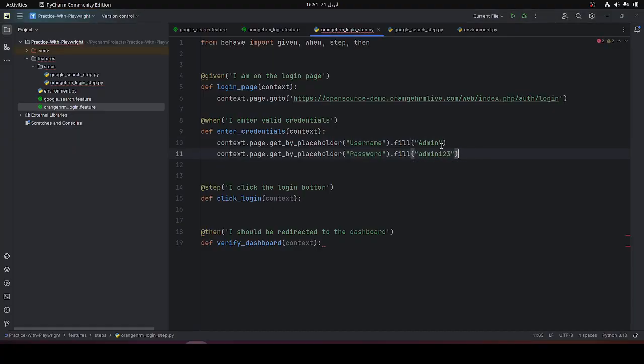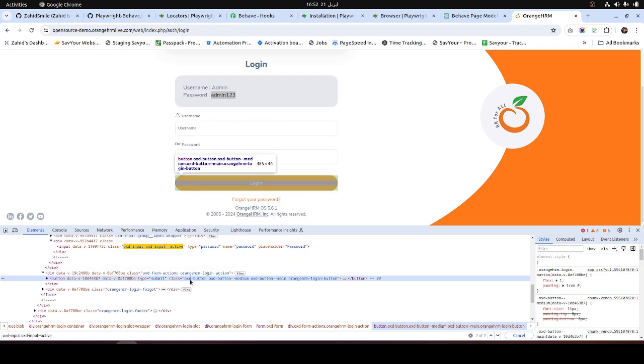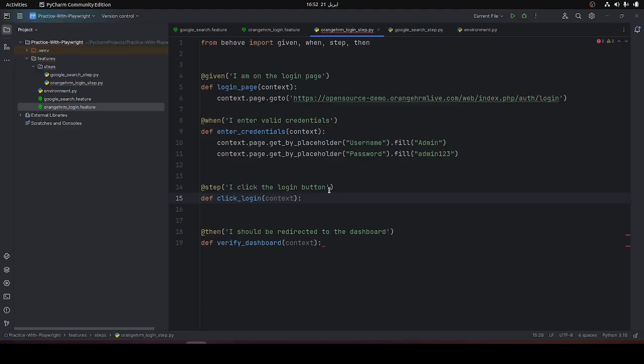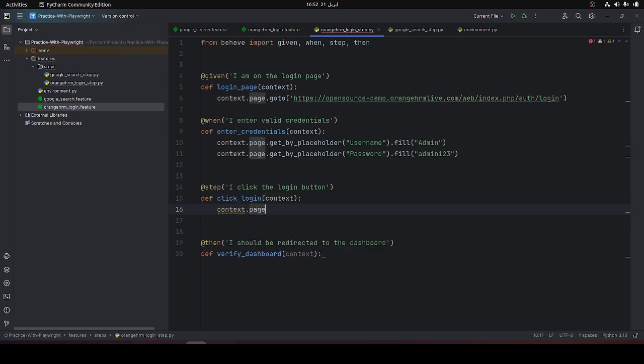You can use any JSON file for your credentials. Do not directly put the credentials in your code. It's not a good practice. So let's perform the click on the button. So we have here type submit, and this class is available. So what we will simply do is go to the context dot page